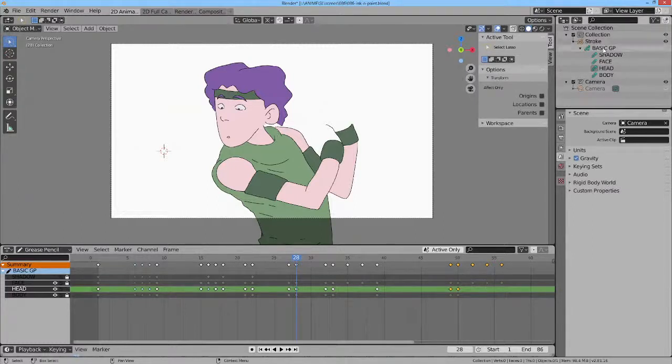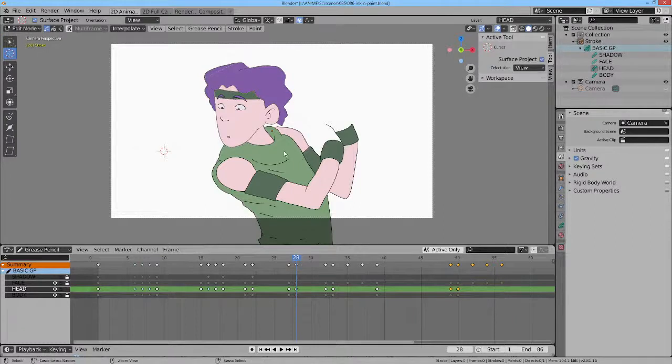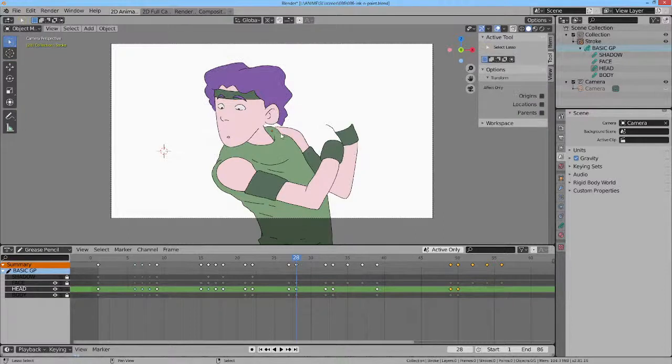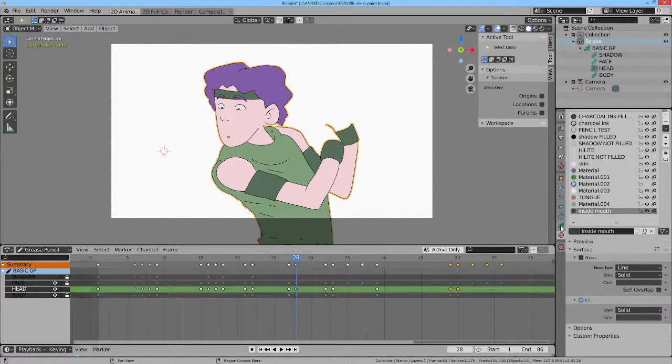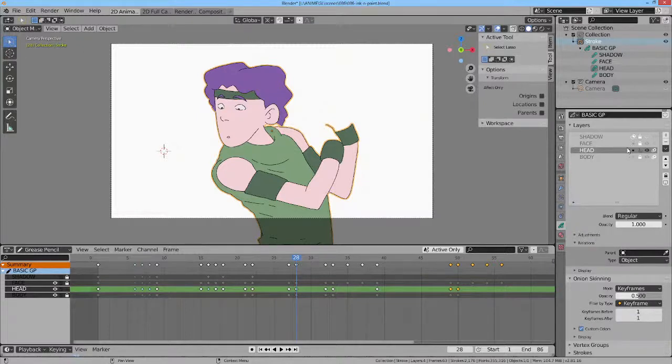I guess what we need to do here is grab the grease pencil, hitting Control Tab to open up the Pie menu, so we can grab the grease pencil object. That allows us to see the layers, and we've got the head, shadow, face, body. So what I want to do is,